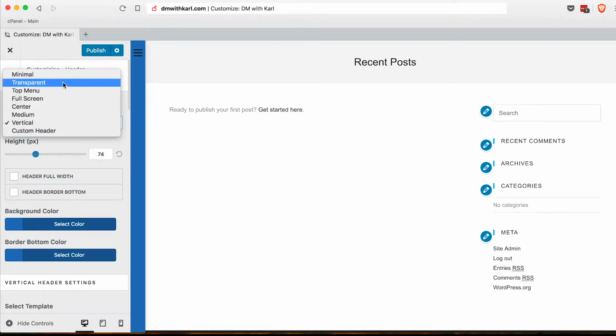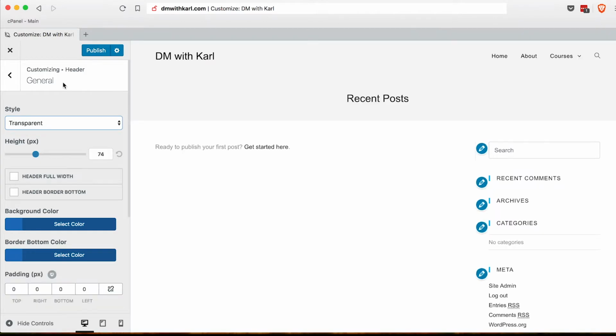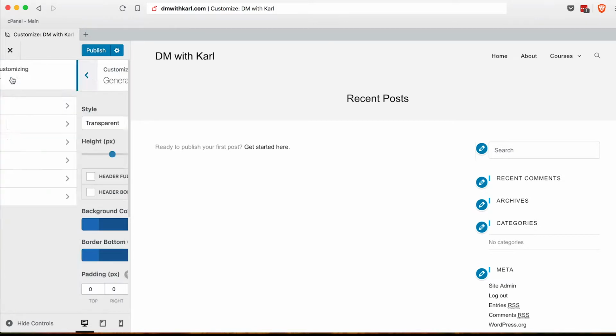For now we are going to have it as transparent, and you can adjust the height of your menu, so that makes it really high and that makes it really small, crunches it all up. So we're going to leave that at the default 74 pixels. Then we can head back